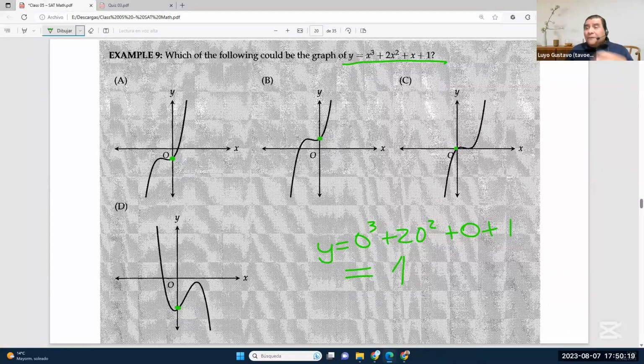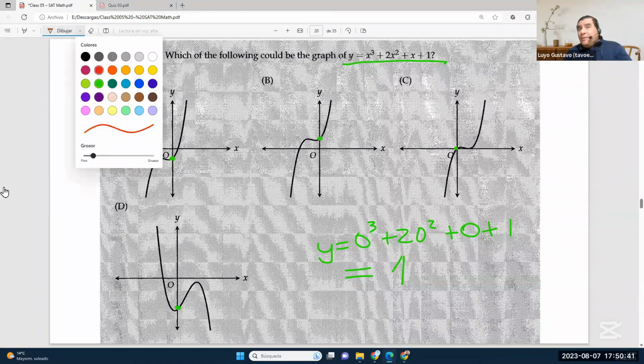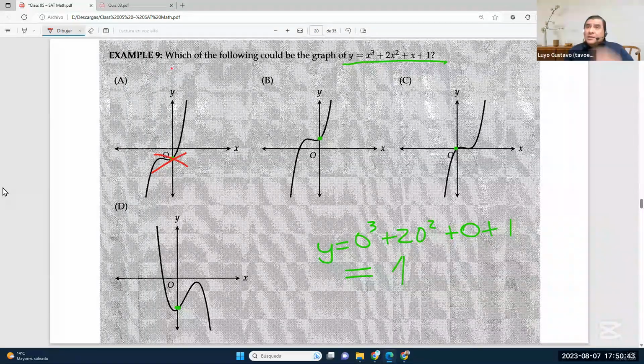Clearly, whatever the form of the function, this curve must cross the vertical axis exactly in point 1. That is in the upper or positive part of the y-axis, not below 0, but above 0. You see, this one cannot be, I mean option A, because it crosses on the negative part of the y-axis. This one crosses on the positive part of the y-axis. So it is a potential